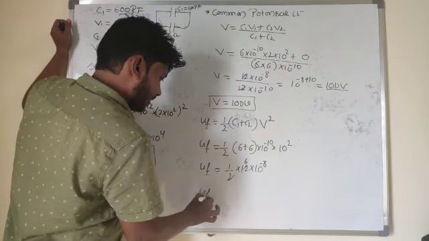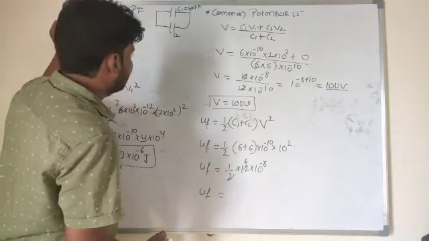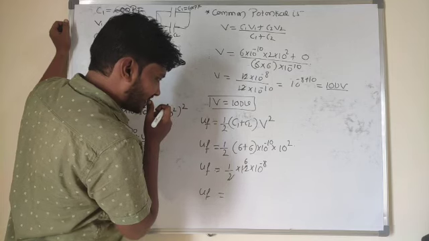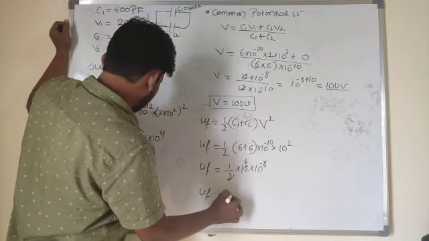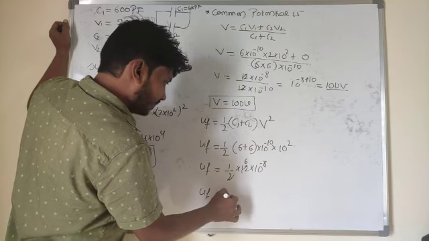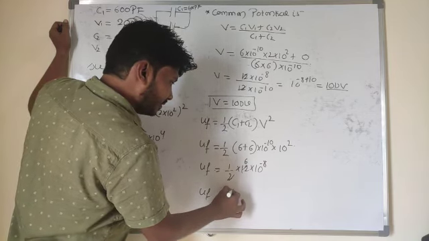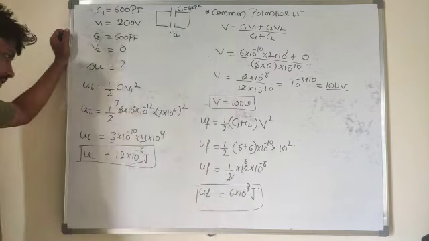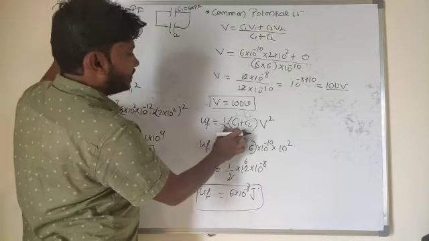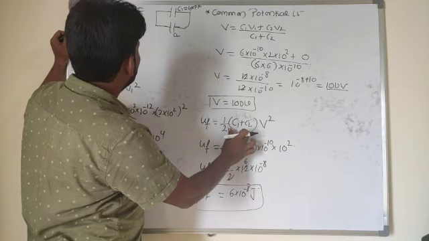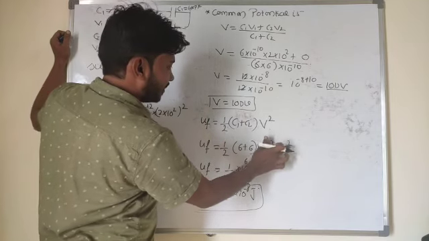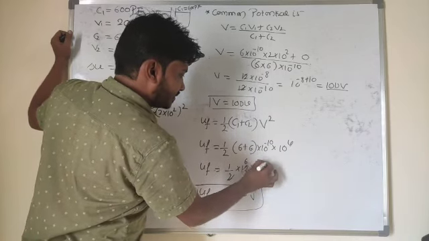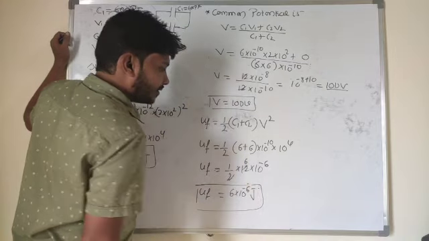so 6 here. So final energy stored will be, sorry, one second, half of 10 to the power of 2, so here also 10 to the power of 2 is there. So final energy stored is 6 into 10 to the power of minus 8 joules. Sorry, one second, here 10 to the power of 6 term is there. So C1 plus C2, 600 into 10 to the power of minus 12, or 6 into 10 to the power of minus 10 here, sorry, here V square is there, so 10 to the power of 4 here, so this is 10 to the power of minus 6.